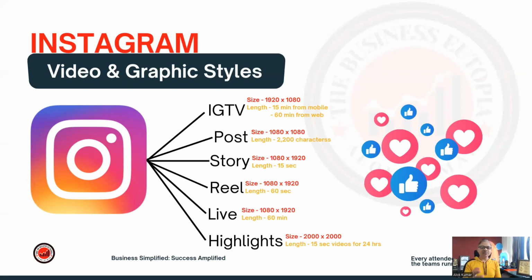Now, Instagram has also created multiple setups, and they have named the segments IGTV, post, story, reel, live, and highlights. So you have different segments in which you can post your content. Again, as I said, the sizes and the durations are already mentioned here. If you are going to post any content in IGTV,